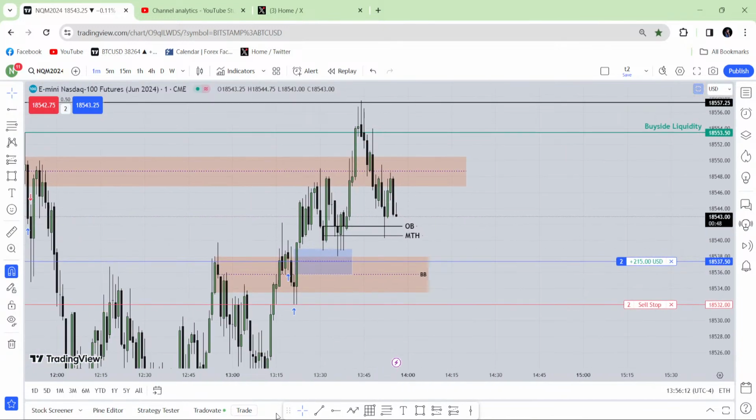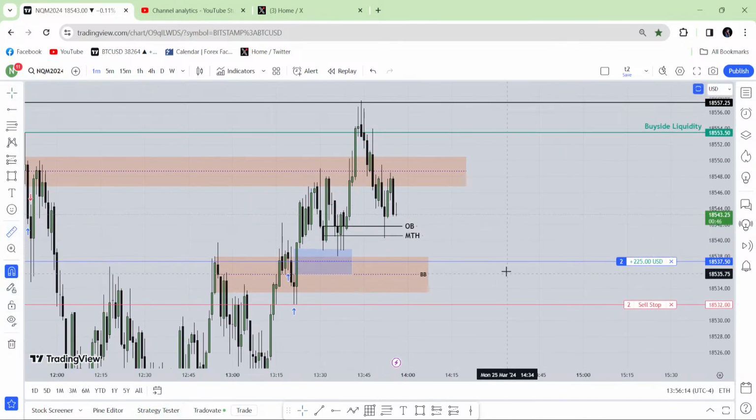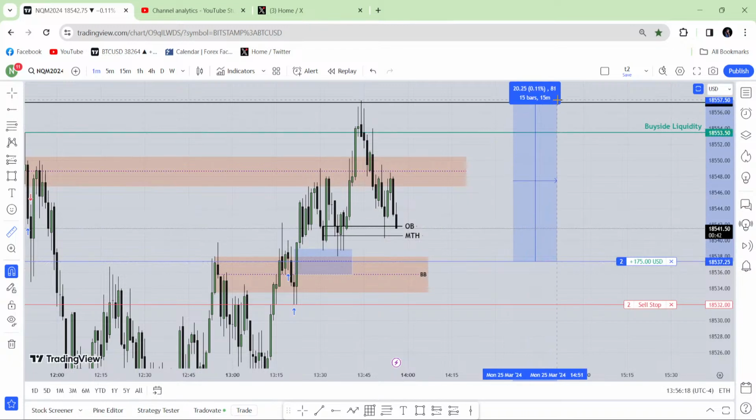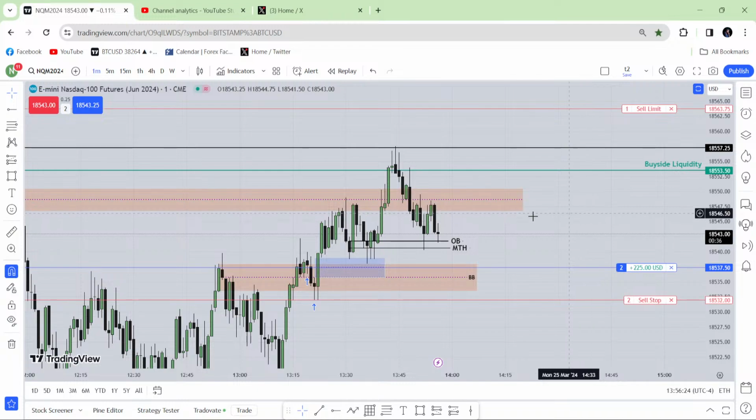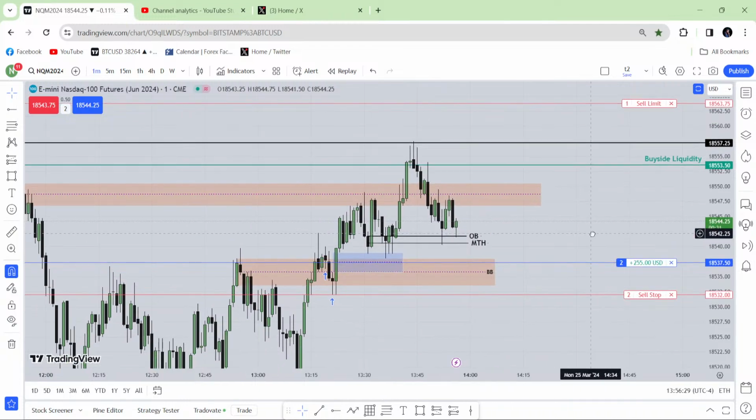That was really a nice trade until the price was over there. I got near about over here, so it was near about 20 handle, but yeah, I missed it. So I'm not sure whether it's going to hit my stop loss or not. I don't know, but it is what it is.